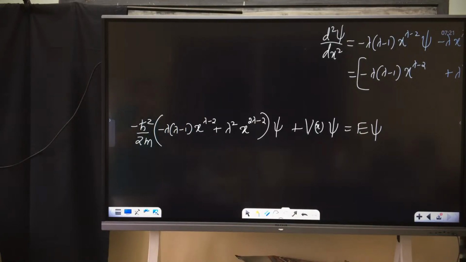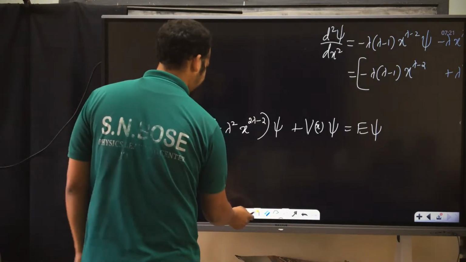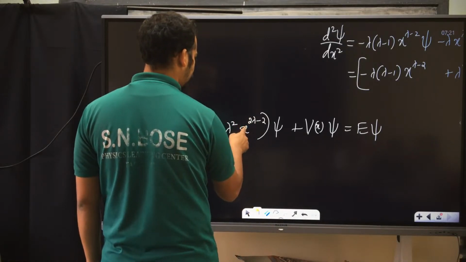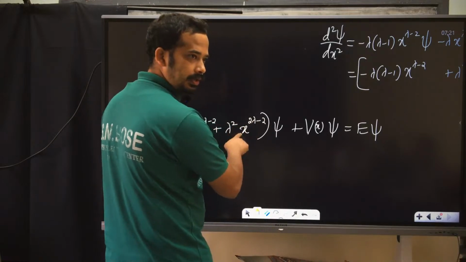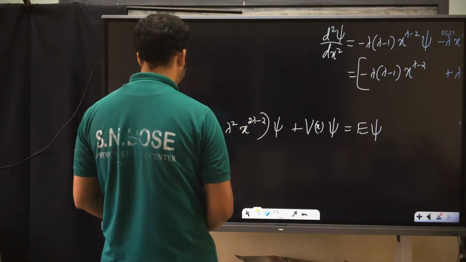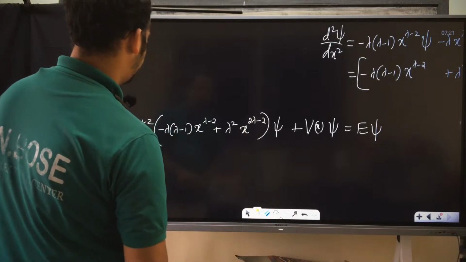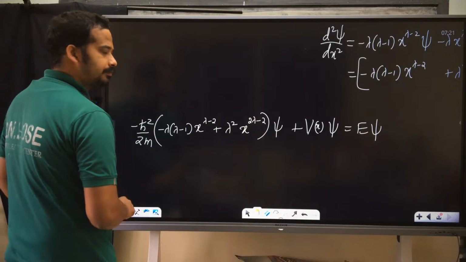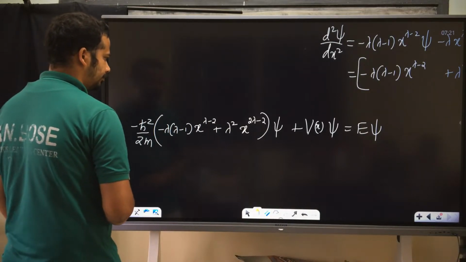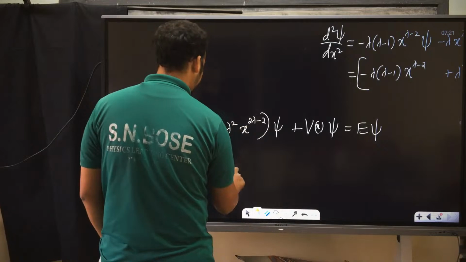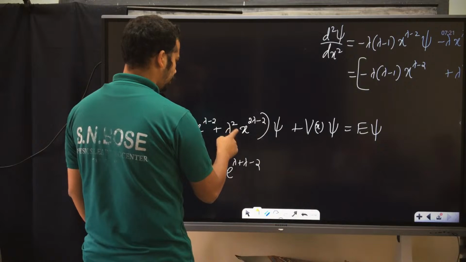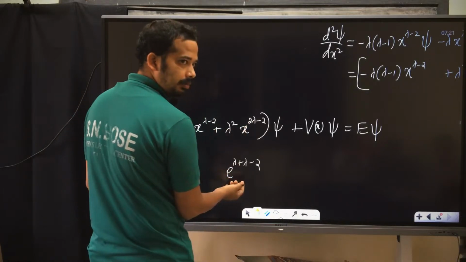So we can take lambda into x power lambda minus 2 common. We'll get 1 by lambda. What is here? x power lambda. I have to take it outside, like x power minus 2 you can take outside. How do you write? x power lambda plus lambda minus 2. So x power lambda minus 2 can be taken common. Am I right?